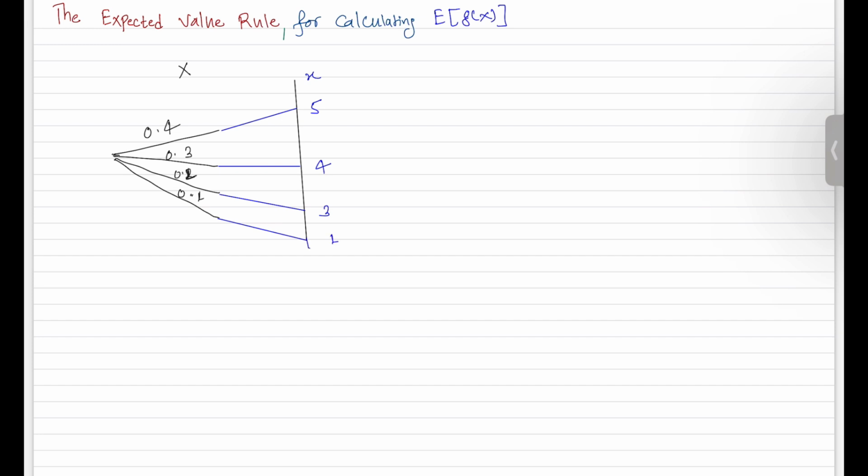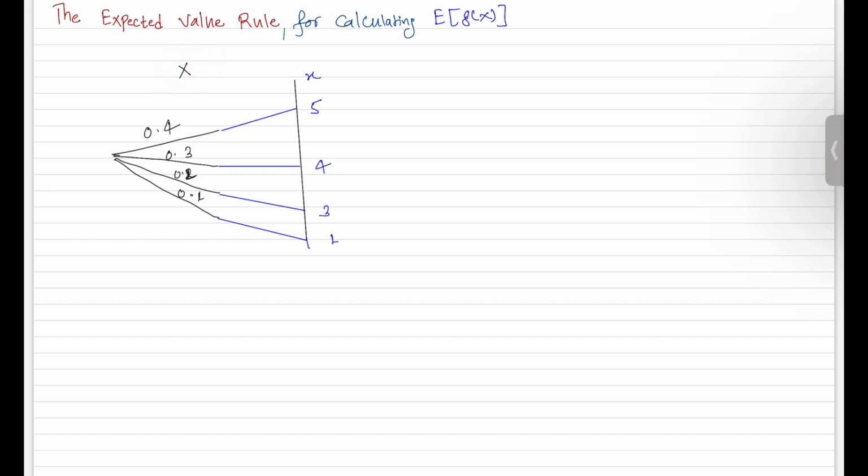Now if I ask you what will be the expected value of this random variable x, you can make use of the definition of the expected value, and you can easily find it.